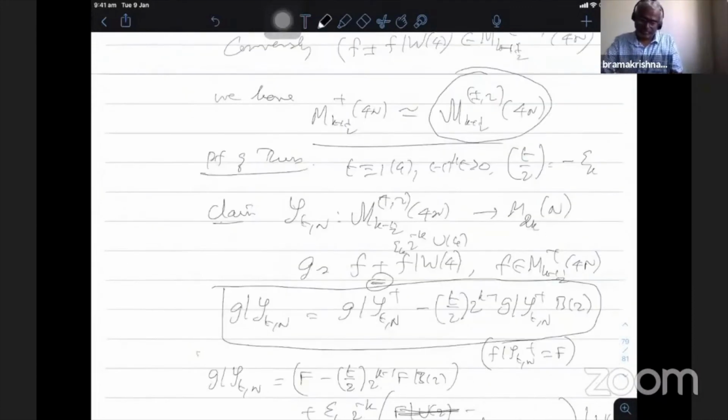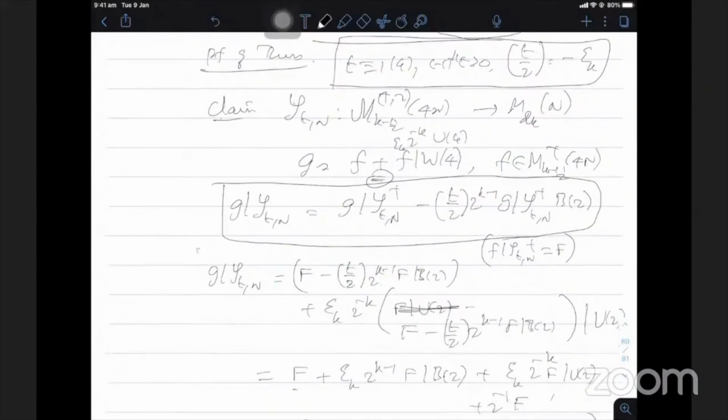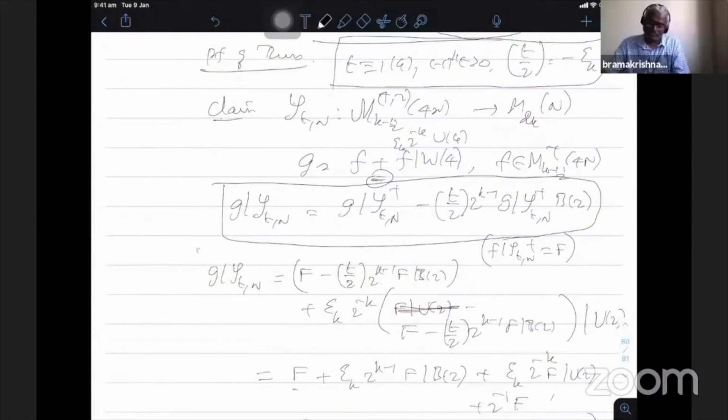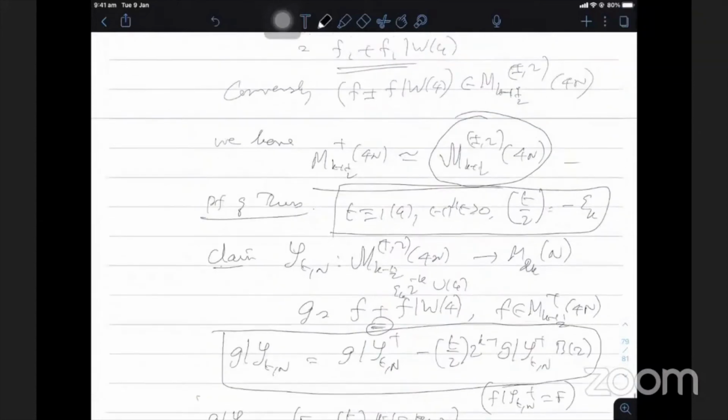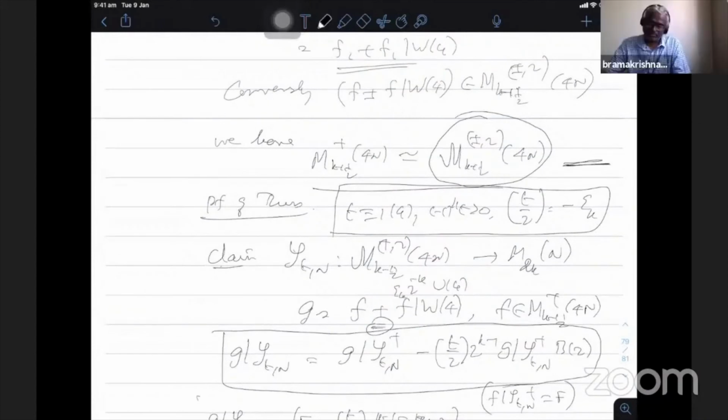Whenever the t satisfies this property, we showed that the Shimura map takes forms in the plus 2 eigenspace into M2kn. Similarly, the minus 2 eigenspace also goes into M2kn. Yes, just the line before the proof of the theorem. This is the plus minus 2 space 4n. This is already plus space isomorphic. That's what I'm saying, no? That's what it is done.